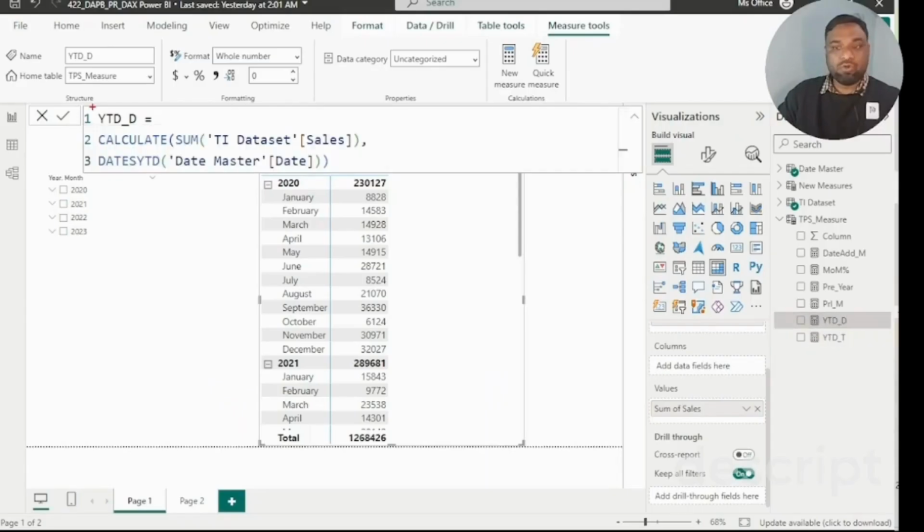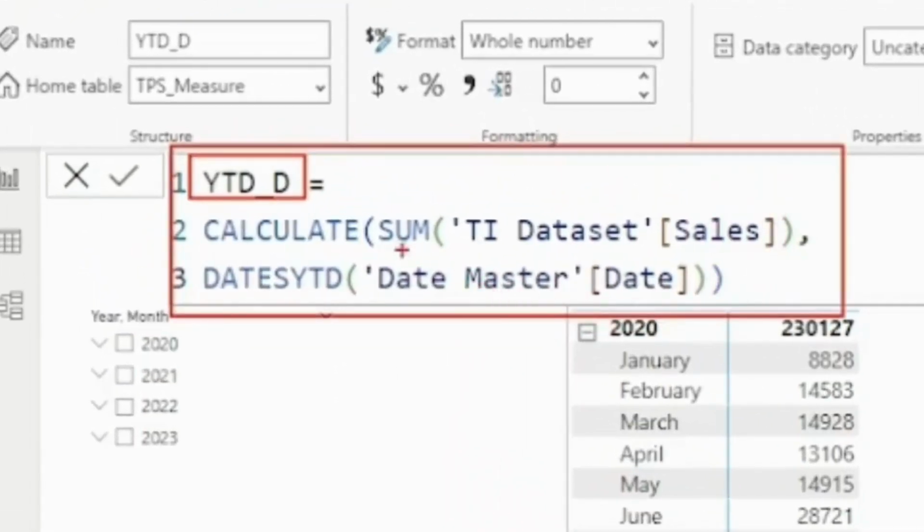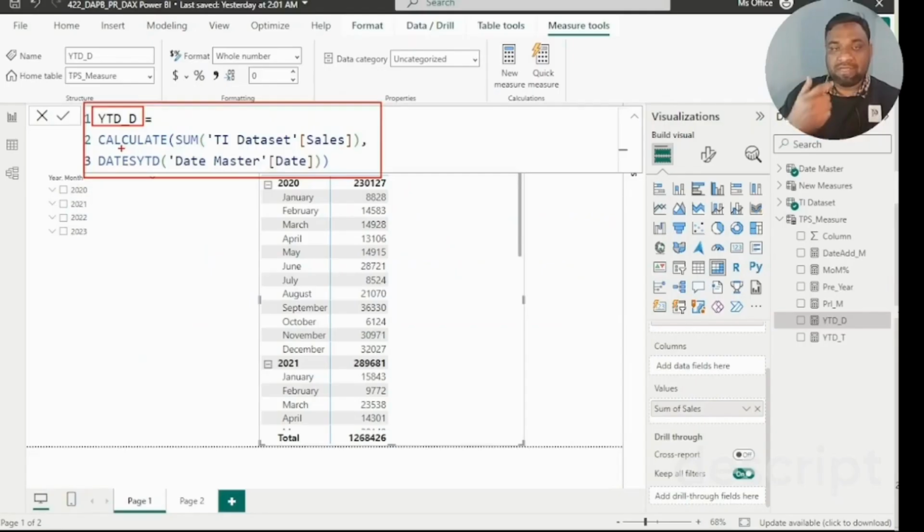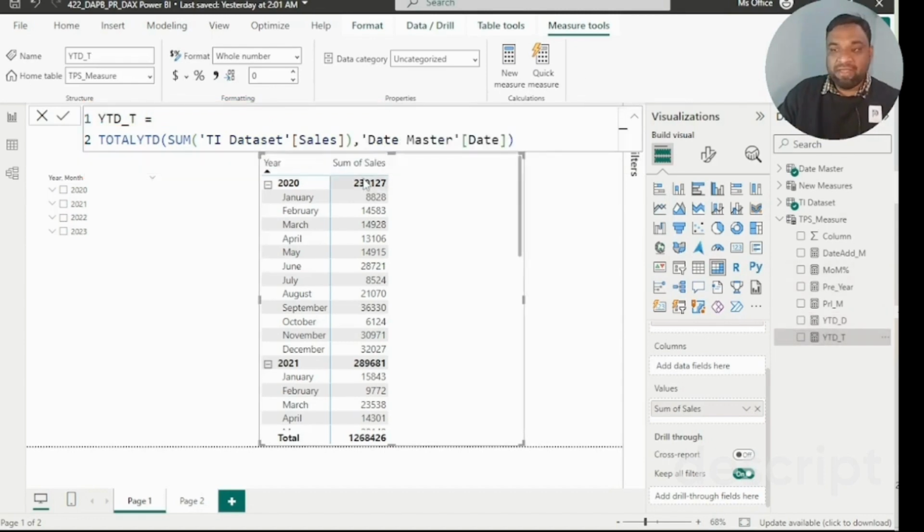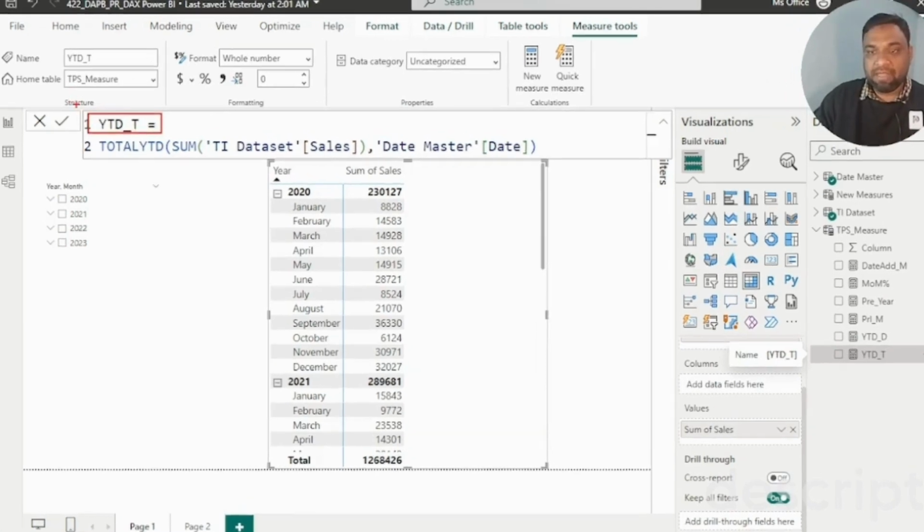Let's check their formula. TOTALYTD underscore DD stands for DATESYTD. For example, this is the formula that I have used. You can see that for calculating the expression I use CALCULATE, and for filtering purposes I use DATESYTD. I use the measure called YTD underscore T, where T stands for TOTALYTD, for example, and then we have